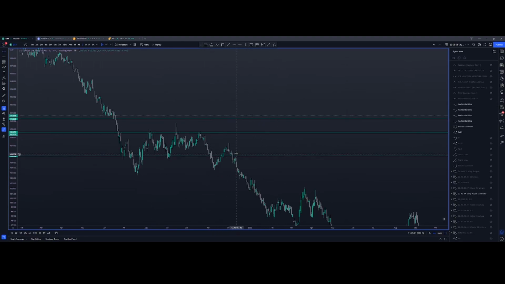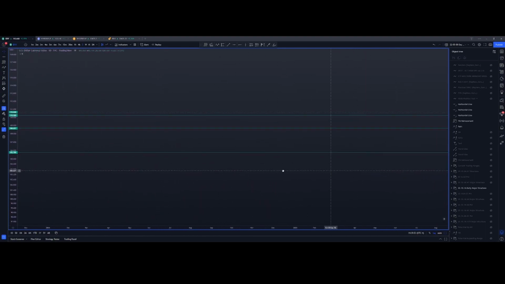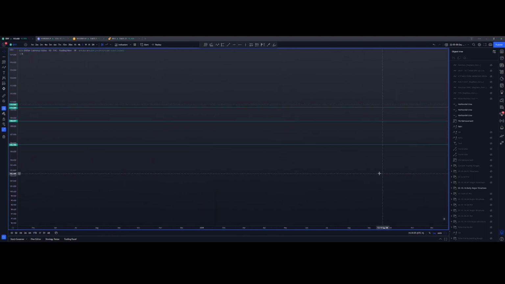So given that's close enough to the 618, which is that bottom green line there, I'm going to take that one out. I actually think that would be the reasonable kind of area of interest that I'd be looking at when price moves in there from a daily perspective. What does the 4 hour do after that? So if we jump then back to current time and have a look and see